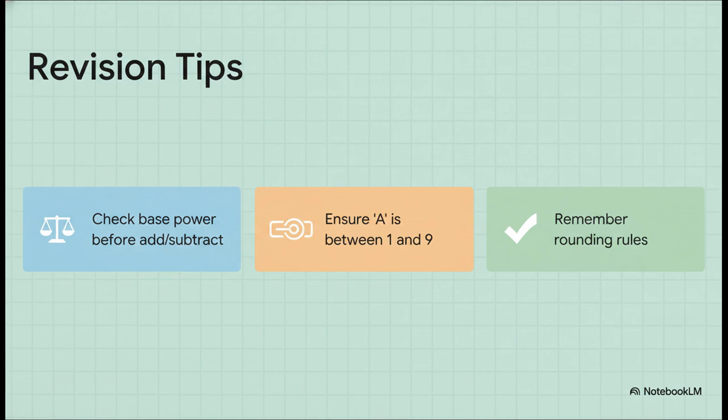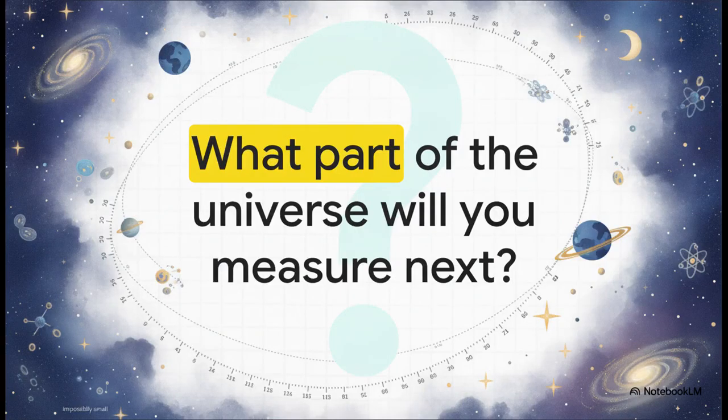Second, check your final answers. Make sure your A value is strictly between 1 and 9 inclusively. If you end up with a 14.7 like we did earlier, you've got to convert it. And lastly, never forget those rounding rules, especially the crucial difference between dropping trailing decimals and replacing integer places with zeros. We've seen firsthand today how standard form and significant figures can easily tame and capture the incredibly vast surface